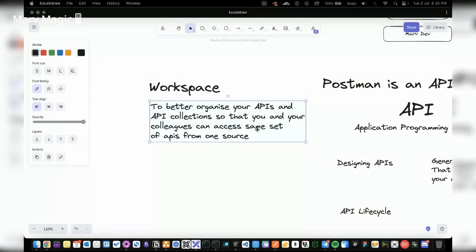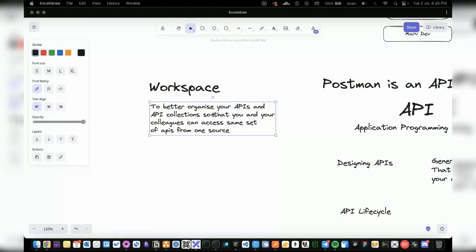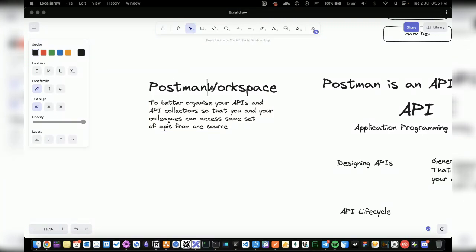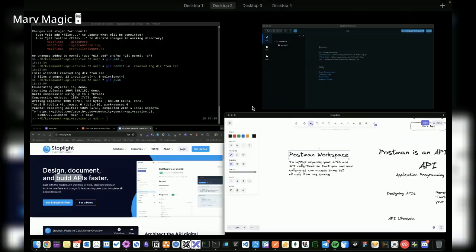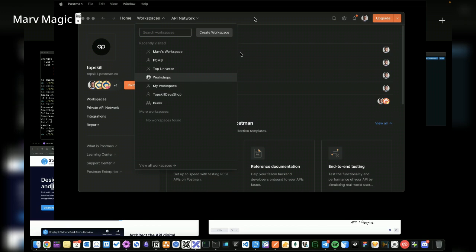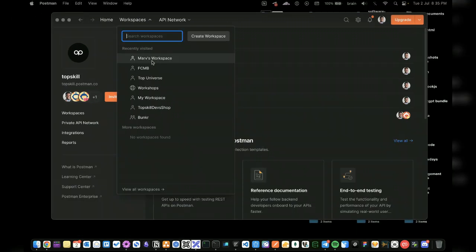All right. So a workspace, let's just say a Postman workspace, right? The point of having a workspace is to have a proper way to organize your APIs, so that if you invite people into that workspace, they can see the set of related APIs you've built inside that workspace.